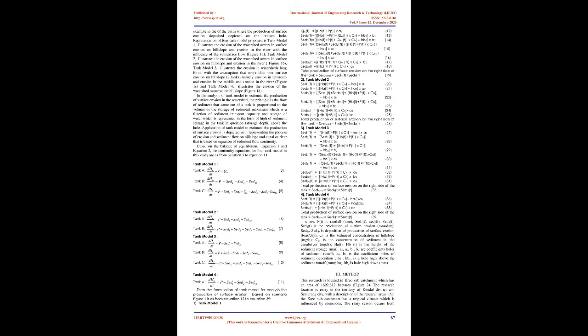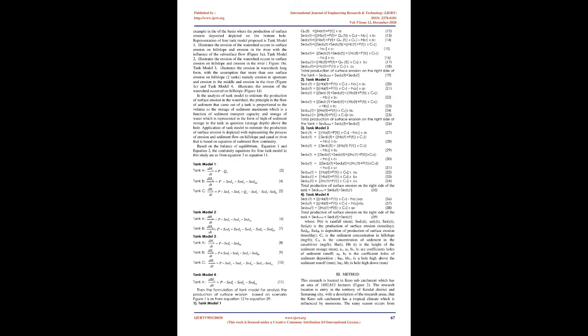Structure of the tank model to estimate production of surface erosion on the watershed. Proposed 4 models of the tank are shown in figure 1: A, tank model 1, B, tank model 2, C, tank model 3, D, tank model 4. Where P, T is rainfall, Sed 1, T, Sed 2, T, Sed 3, T, Sed 4, T, Sed 5, T, is the production of surface erosion, ton/day, Sed 0A, Sed 0B, Sed 0C is the production of sediment deposition, ton/day,